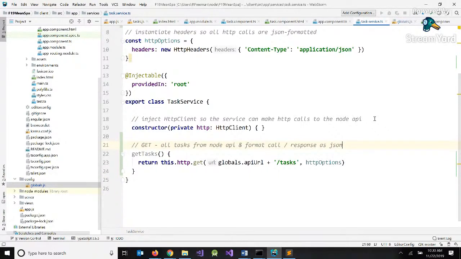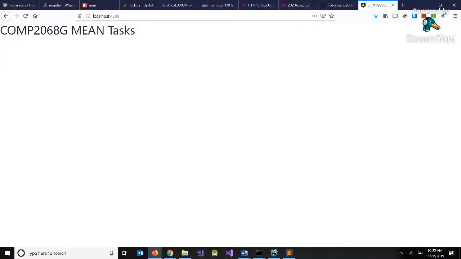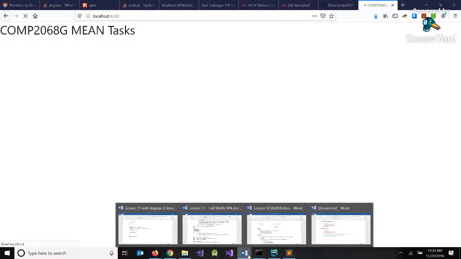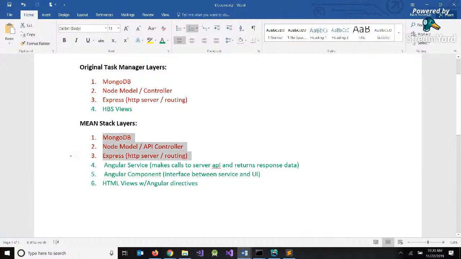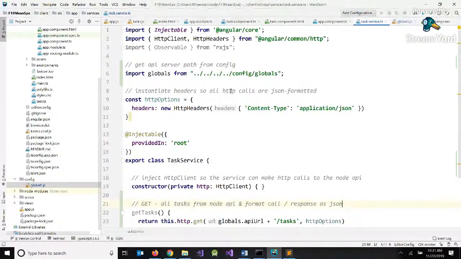So we'll save. We won't see any data yet. But we haven't broken anything. Our page still loads. That's good. So we've kind of done these 4 layers. I think there's one other configuration piece we need. In order for our service to be able to use HTTP